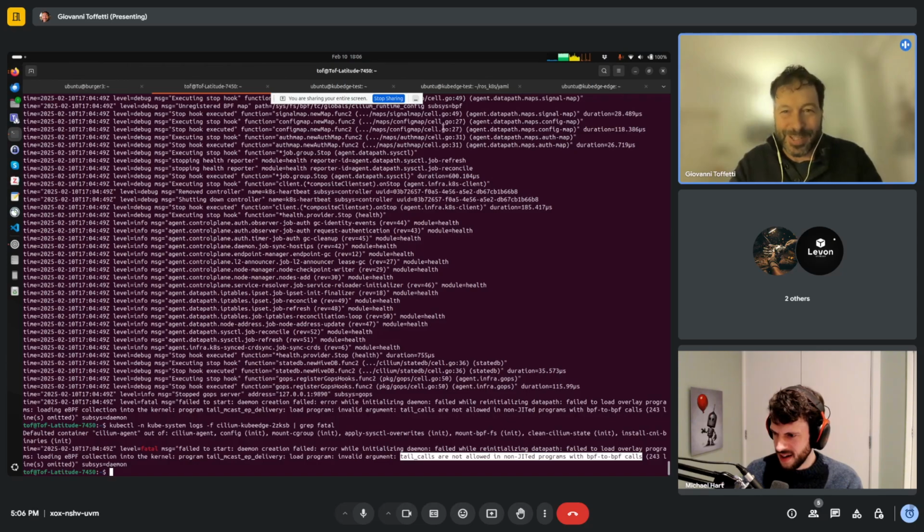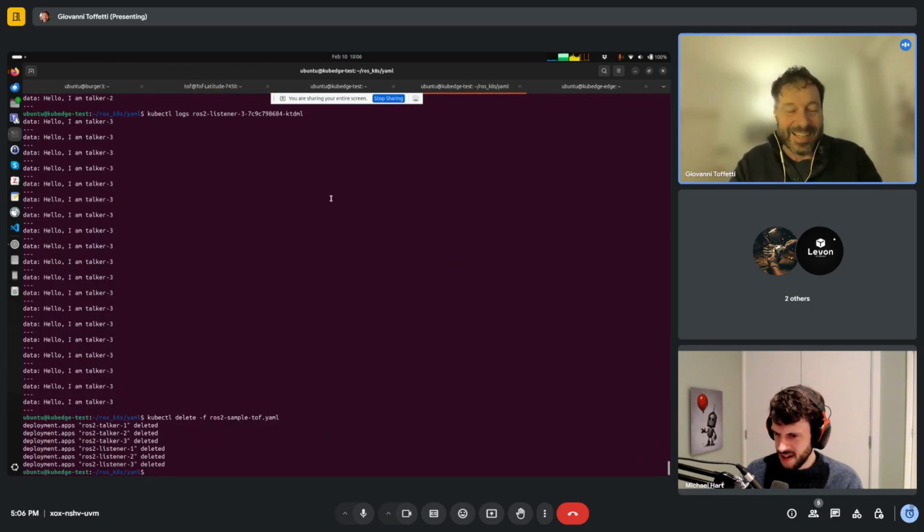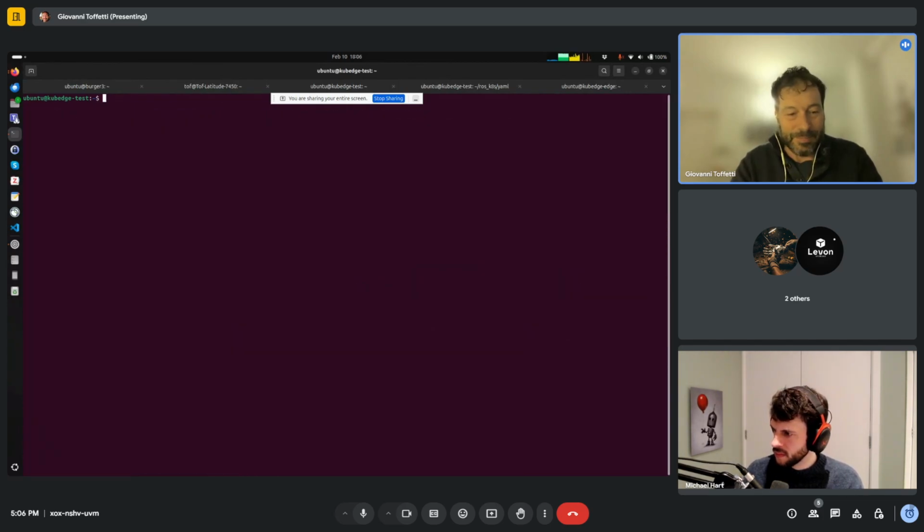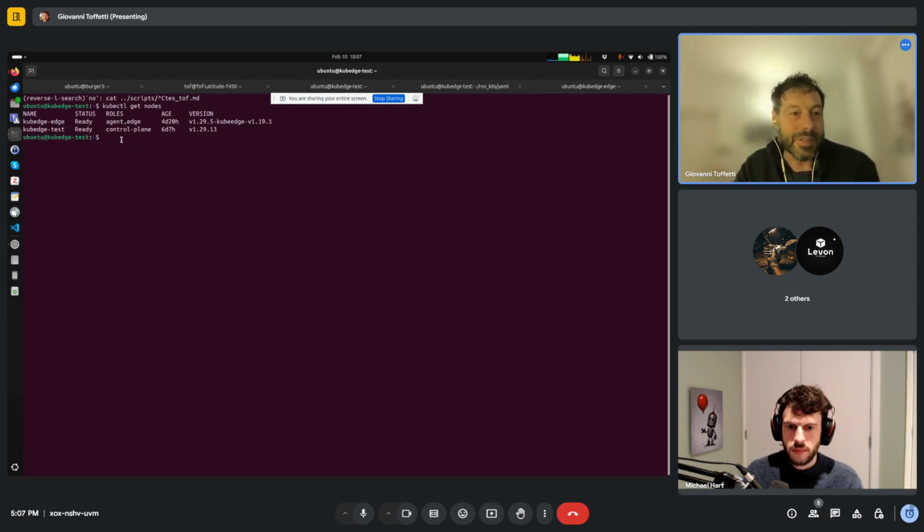Now I will show what works for me, at least. So here I have a slightly different setup. This one is instead in virtual machines. kubectl get nodes. So here again, I have